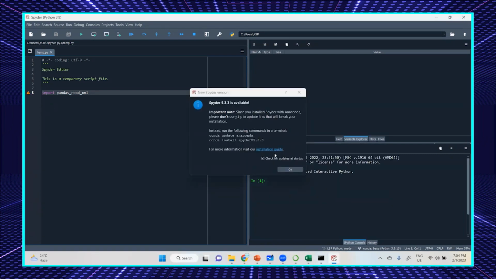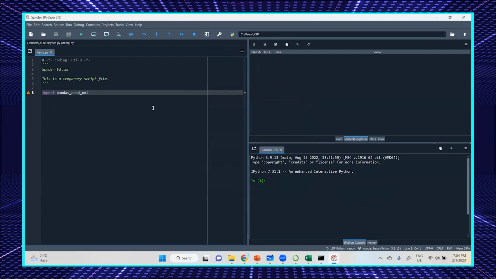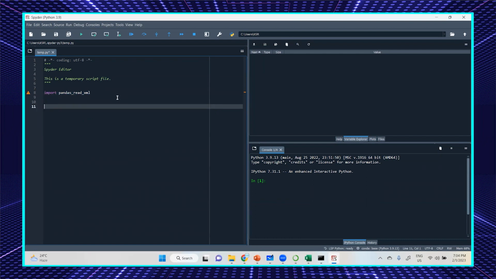The left hand side is about coding, like an editor. The left hand side is where you can write the code, for example, 2 plus 5. Let's say you can use the view